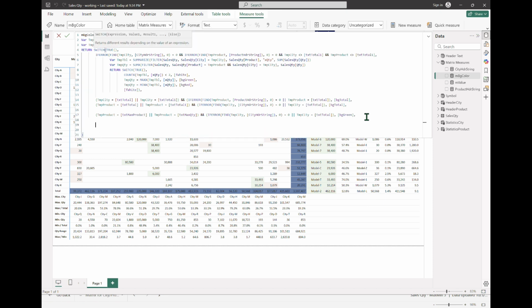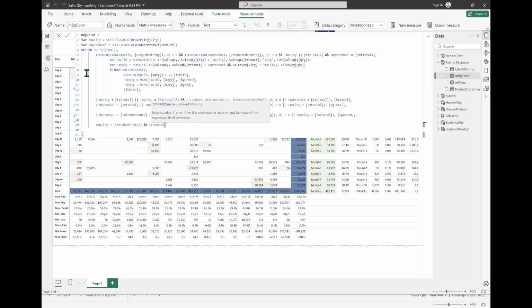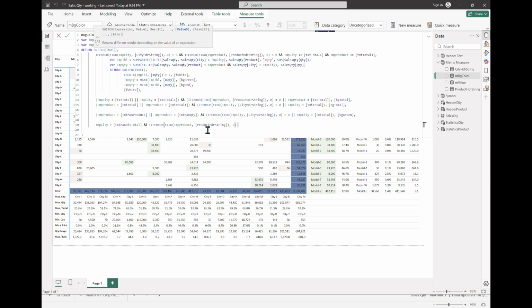All right, just like here, we first deal with them first. We start from the row and then column. So temp city equal to max txt max divided by total. All right, and if error, now same under the concrete product column. All right, find temp product header string. If error, then we assign 0, then equal to 0. All right, or